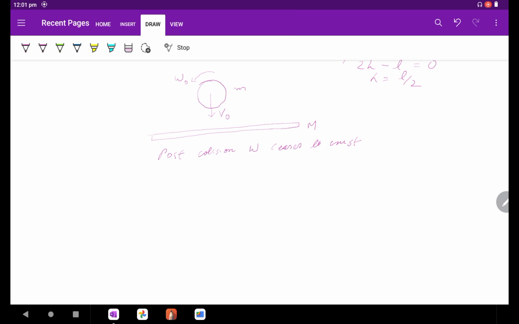So we are to find in this case what will be the distance as seen from the plank